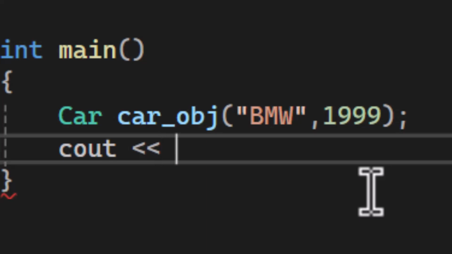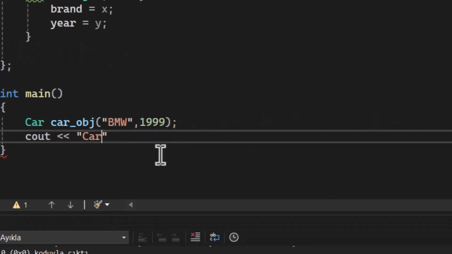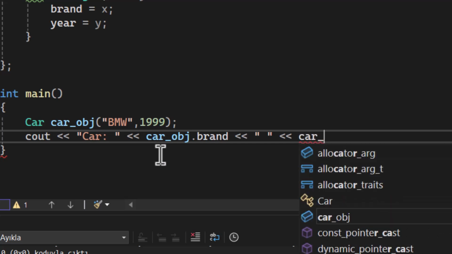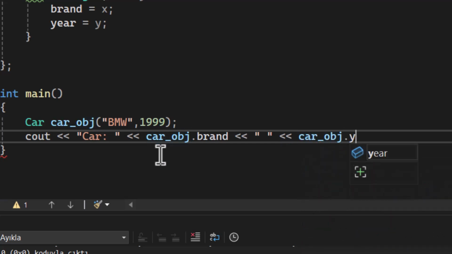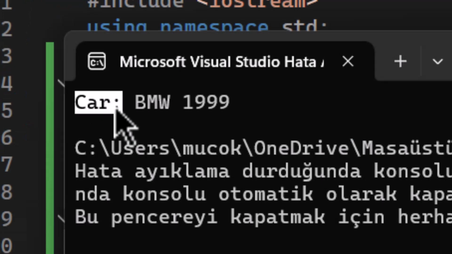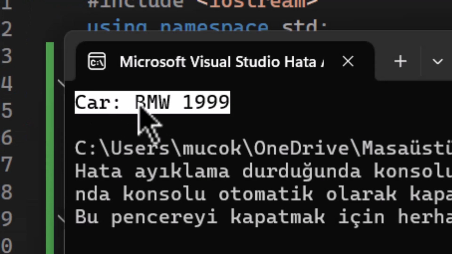Let's go with something like this to make sure that the values were assigned correctly. If I run the code, we can see that the object was created and its brand and year were declared